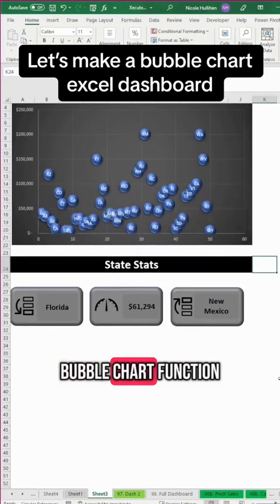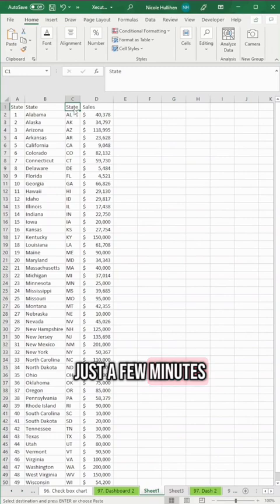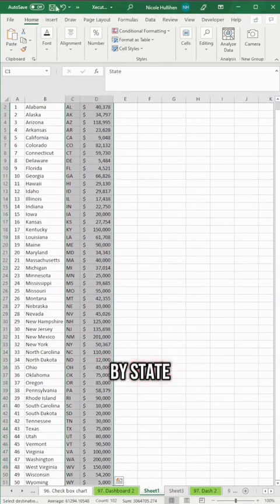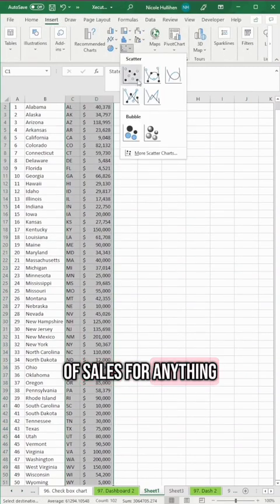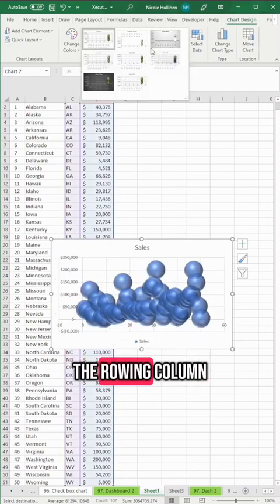Let's use the bubble chart function combined with XLOOKUPs to create this dashboard in just a few minutes. I have a list of sales by state, but this could be a list of sales for anything: region, rep, anything. Go up to insert and pick the bubble chart and then switch the row and column, and now it's